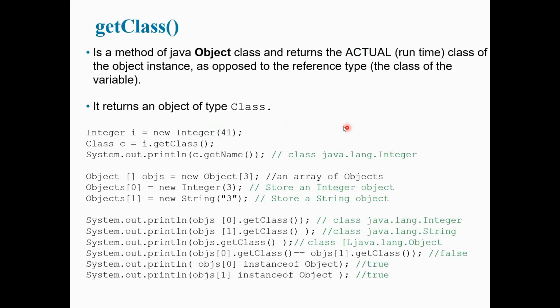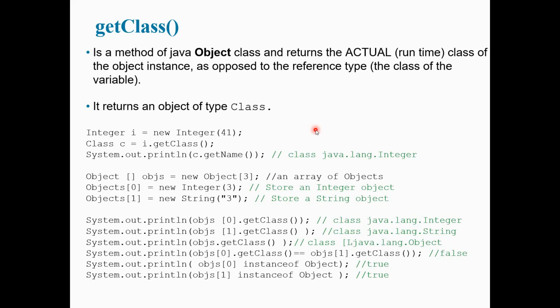Now, getClass, on the other hand, is a method. It's a method of the Object class. It's one of the dozen or so methods in Object. And it returns the class of the object instance. So instanceof checks out the reference variable, the reference type, the variable type, and getClass checks the right-hand side of the expression,